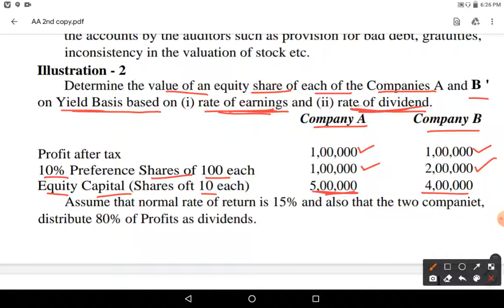Here we have 5 lakhs, here 4 lakhs, and preference share capital 1 lakh and 2 lakhs. Assume that the normal rate of return is 15%,